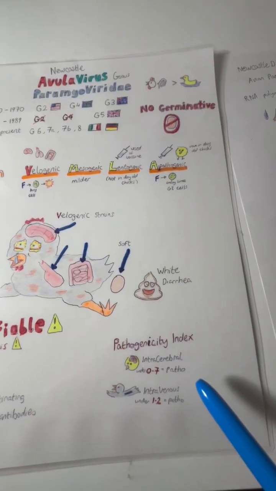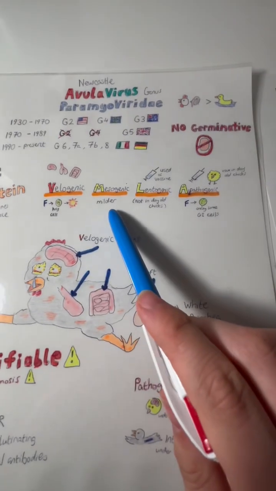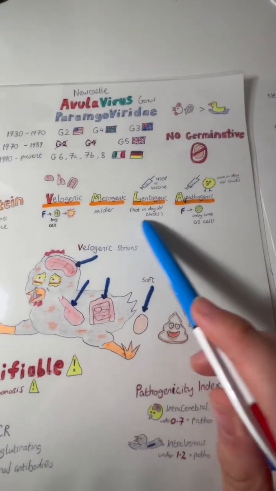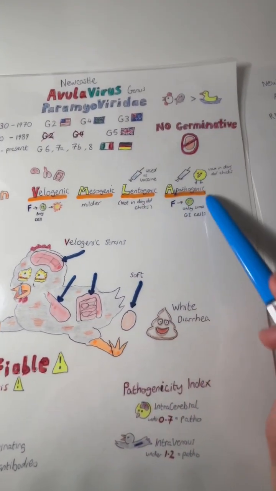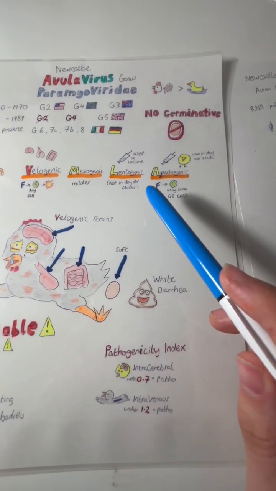For prevention, we use the different strains as live vaccines. The mesogenic strain is not used anymore, and the lentogenic strain is used but not in day-old chicks, and the apathogenic strain is used in day-old chicks. These are often applied in the drinking water. There are also inactivated vaccines,